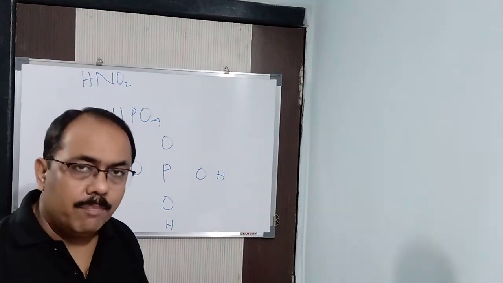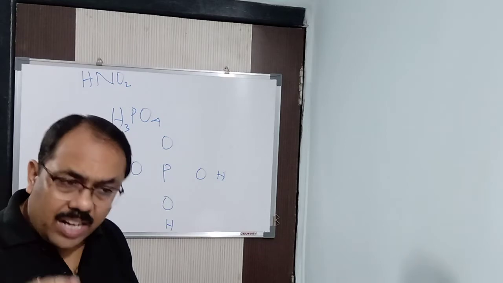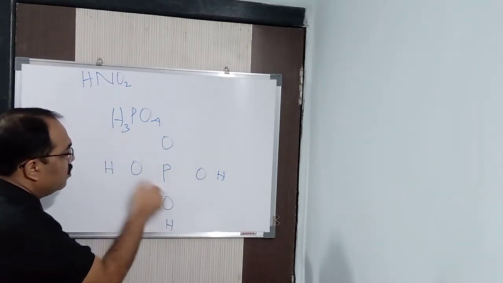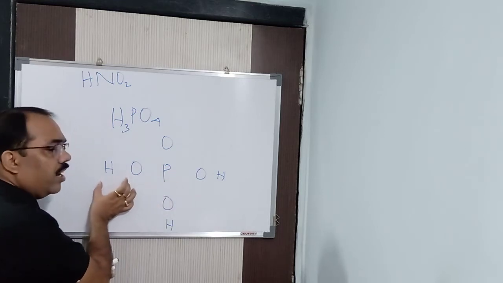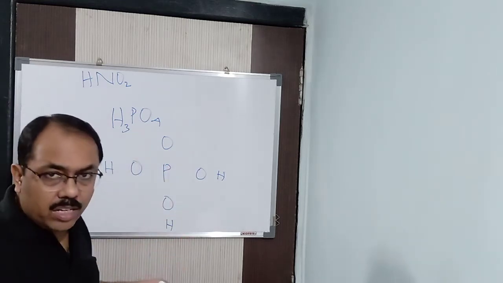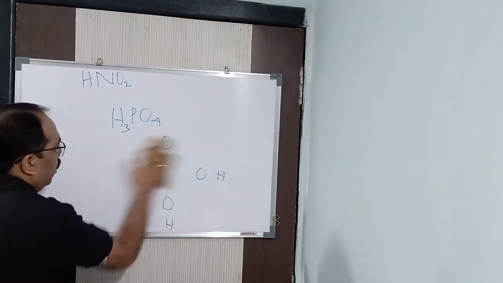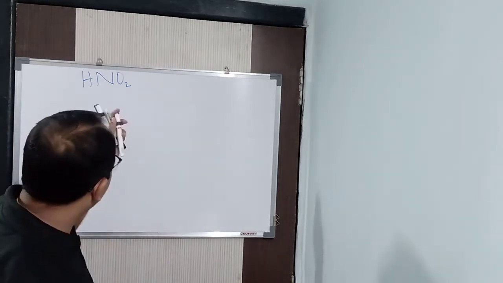So whenever a compound contains oxygen, hydrogen and a central atom, then the central atom will be in the middle, and oxygen and hydrogen you will be arranging in this way. Oxygen will be in the middle, between the central atom and the hydrogen. So you got a rough diagram. After that you can arrange the electrons and you can draw the Lewis dot diagram or whatever is being asked. Clear? So this is what I said to you. Now here also the same thing you can see, HNO2 is there.